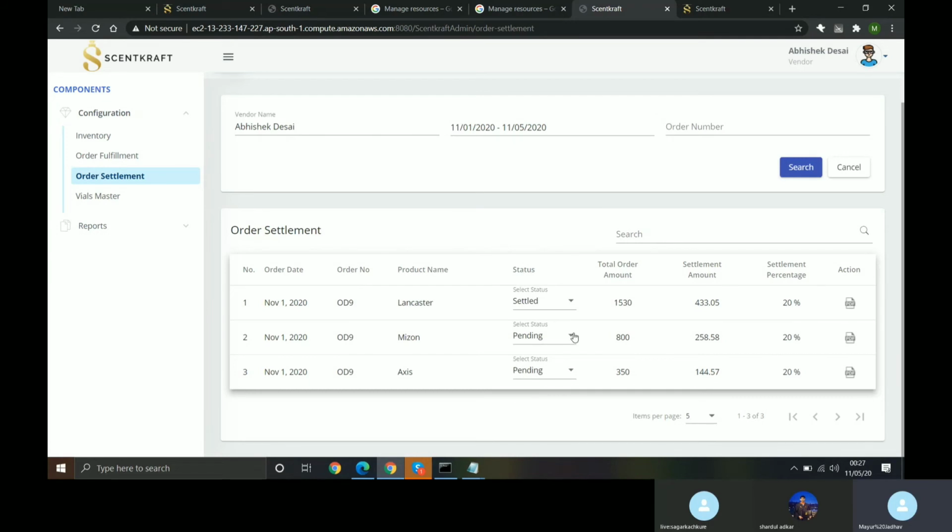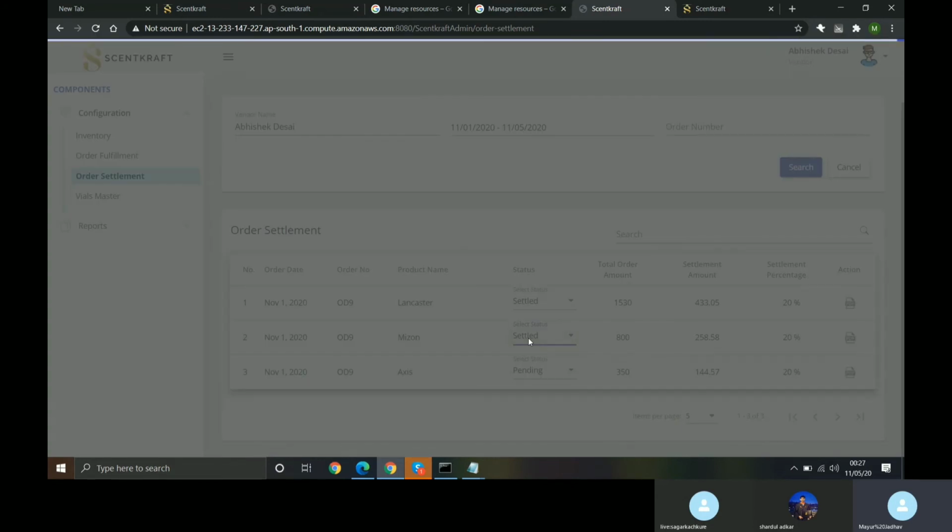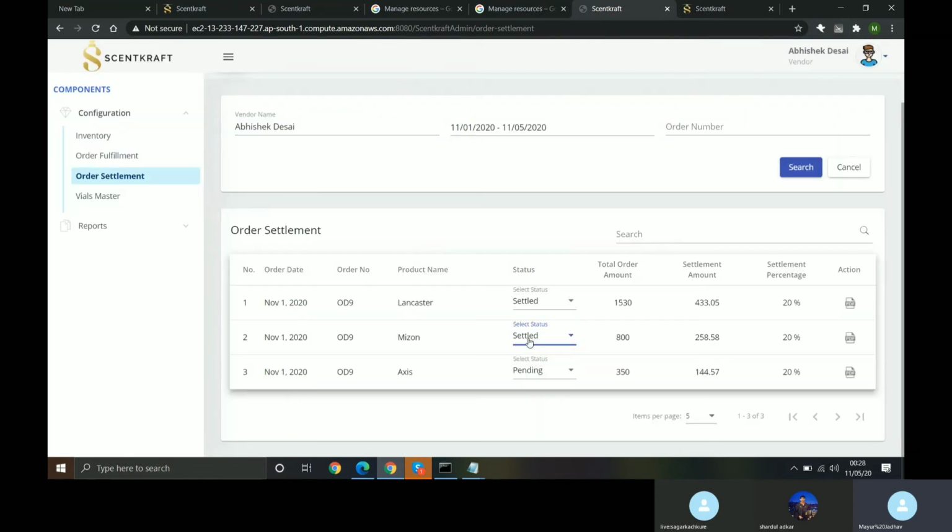Once you are satisfied with this, you could check your bank account to see if the money has been deposited or not. Sendcraft will usually deposit money on Fridays of every week. So every week on Friday, we will settle all your orders so that you'll get the money. Once you are satisfied with the money and everything, you could just settle the payment, and that's it. This will notify Sendcraft that the order has been settled, and we are through.